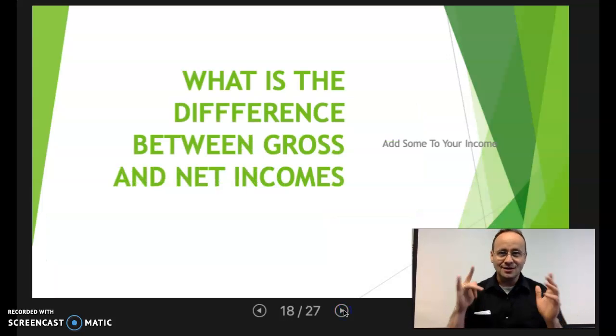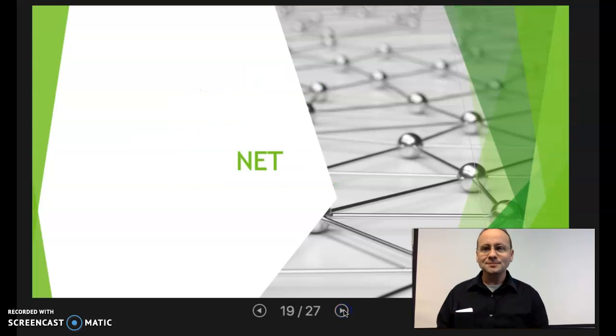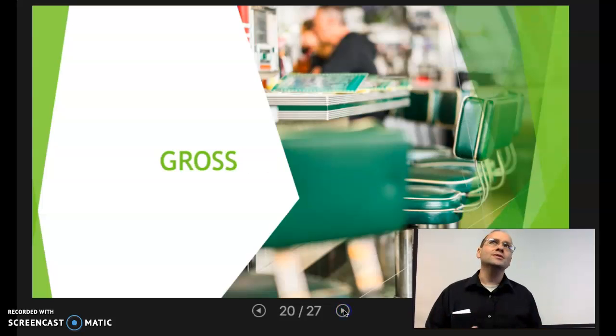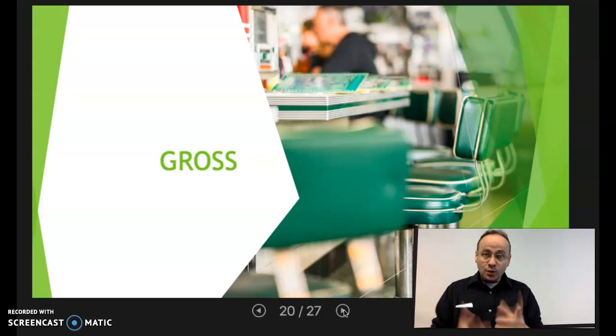And now we've arrived at what I almost had as a completely separate video. What is the difference between gross and net incomes? I hope to give you a nice visual to help keep this straight as well. So think of a fishnet. The fishnet goes through the ocean and things get through the net. Gross, on the other hand, usually we think of the definition of gross as, I'm disgusted by that, right? I see some gross booger stuck on that chair right there at that bar, and I think that's gross. That's one definition of gross.